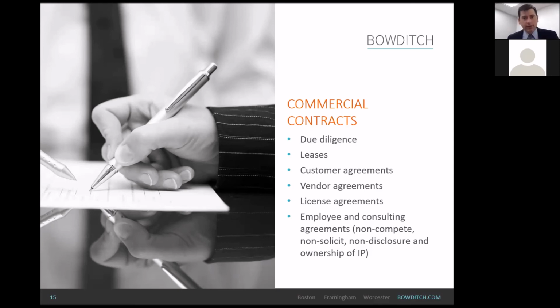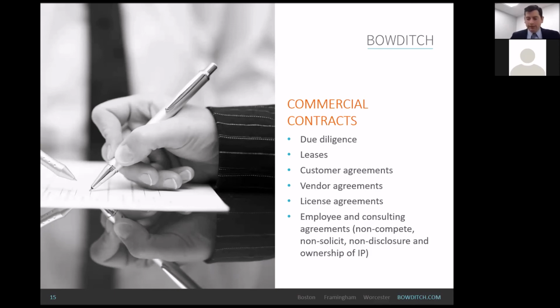And this is really just some commercial contracts you might run into as you open your business. Leases are certainly most common as you're opening and looking for space, but also customer agreements, vendor agreements, license agreements, and employee agreements all have their own pitfalls, and it is good to have experienced counsel help walk you through that to the extent possible to make sure that you are protecting your